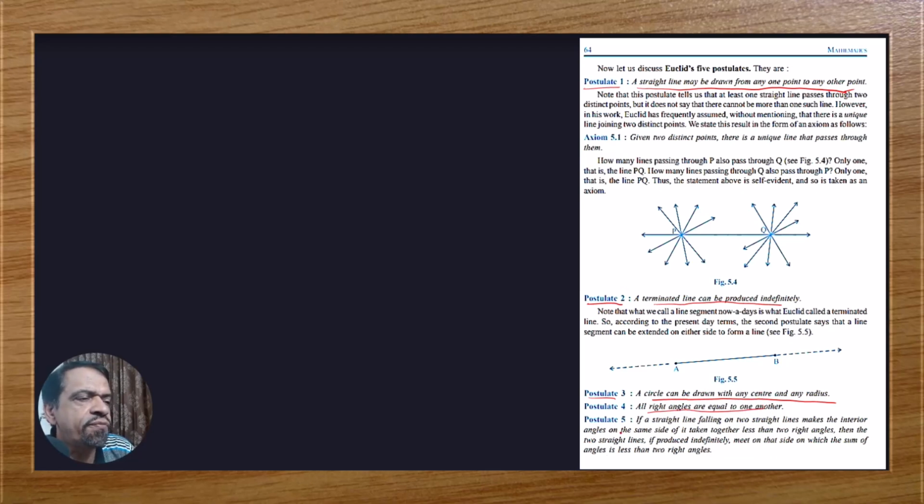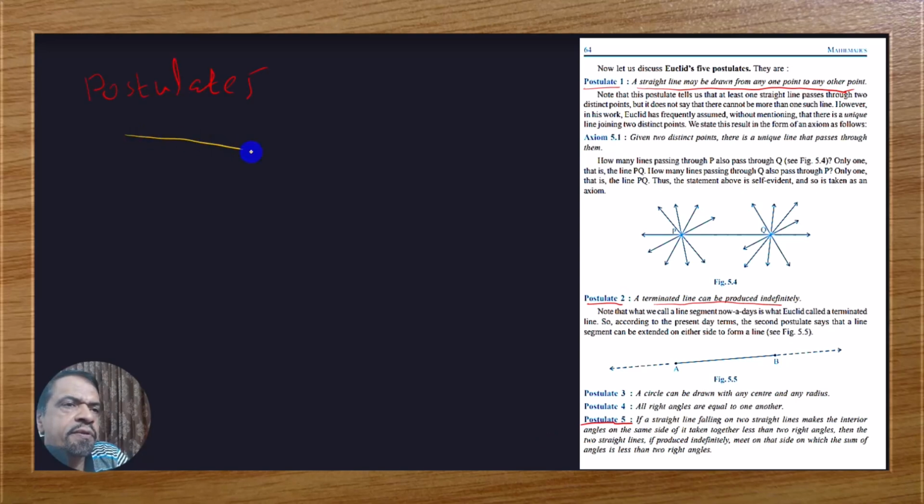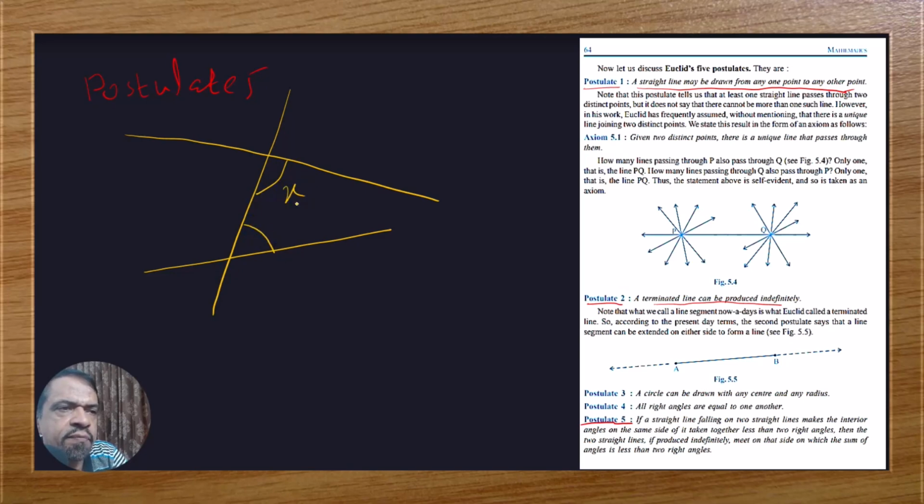Now the fifth postulate is very important. Listen, students, before reading this, let me explain in my own words. According to this postulate, if two lines are intersected by one transversal line, then consider the sum of these two interior angles. I am indicating them as x and y. This postulate shows that if x plus y, the sum of the interior angles, is less than 180,